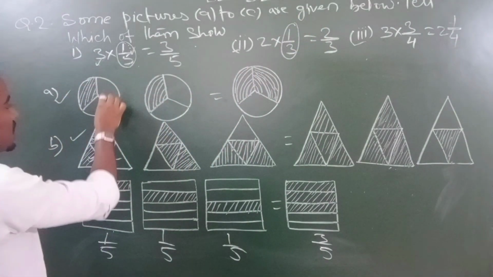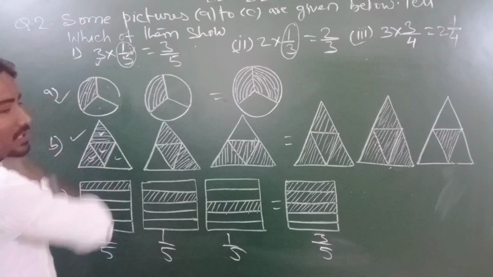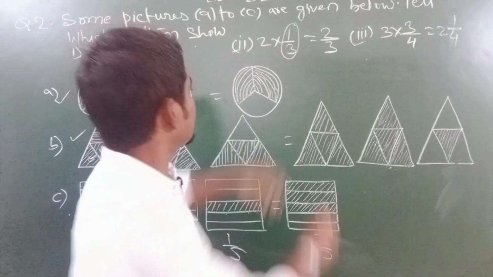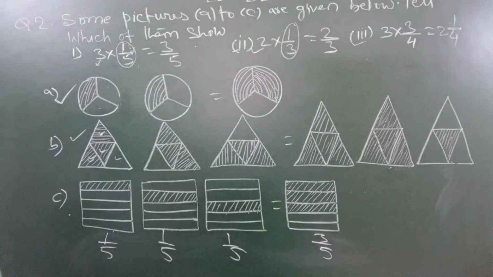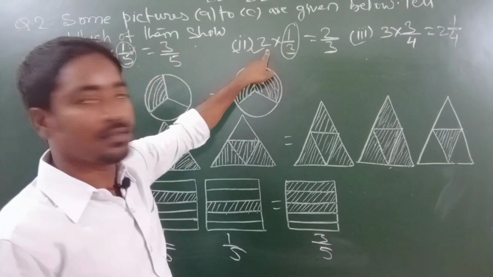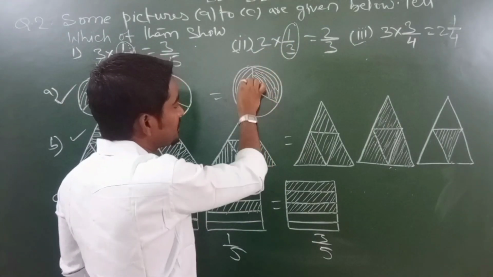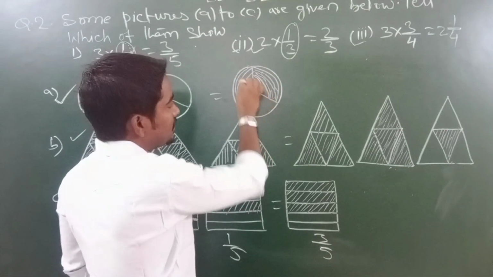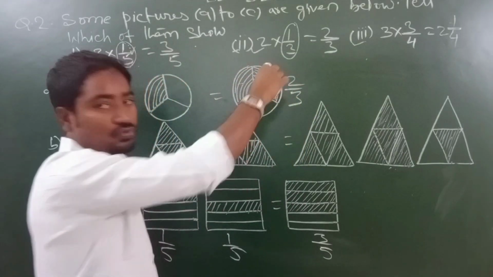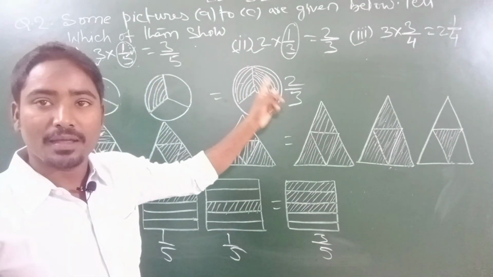Now here, if you see, students, the figure has been divided into 3 parts, and among 3 parts 1 part has been shaded. So its fraction is also matching with the quantity, hence this one will represent the very first one. Now after multiplying, that is 2 into 1 is 2 and 3 into 1 is 3, we will get 2 upon 3. So if you see this circle, students, again it has been divided into 3 parts, and if you calculate its fractional value, you will get 2 upon 3. Why? Because two parts have been shaded.